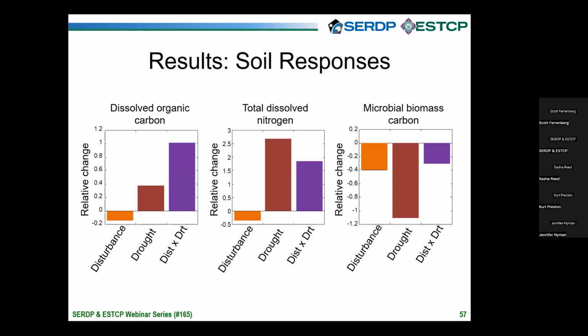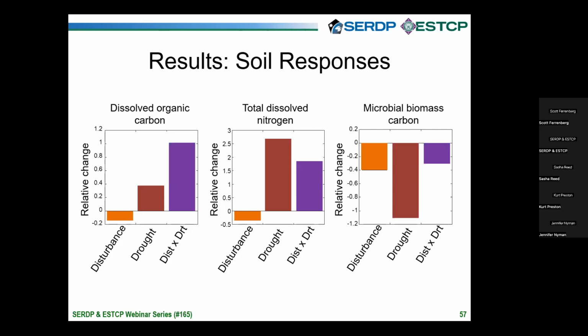Okay, I'm off of the tangent. I'm back onto the main SERDP, and I'm going to show you one last panel from the field experiment, which is the soil metrics from the Chihuahuan Desert. And this is an assessment of what's happened over a short interval of the experiment. And what we're looking at are standardized responses, the relative change. If the bar goes negative, it means that that treatment has less of that value or less of that metric than the control plots.